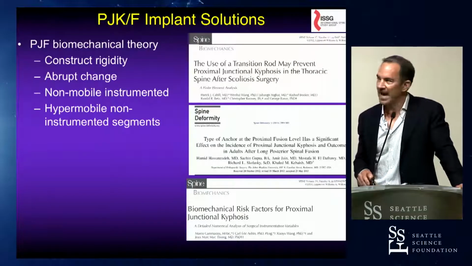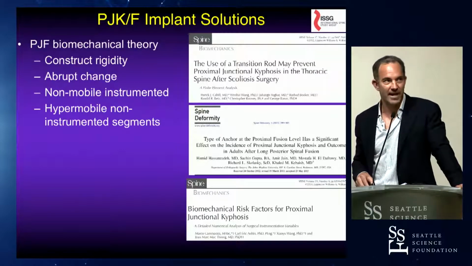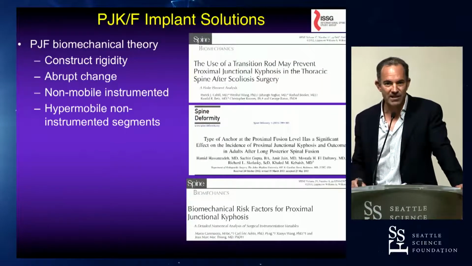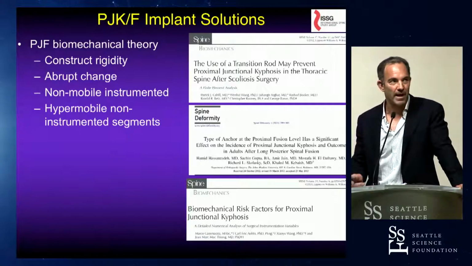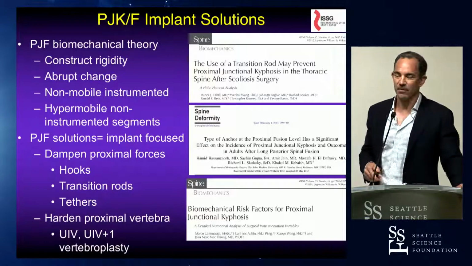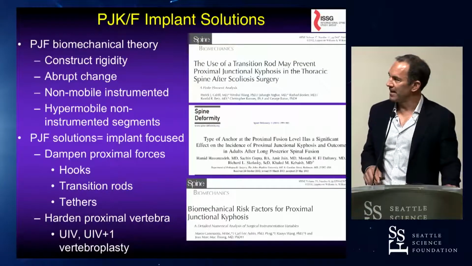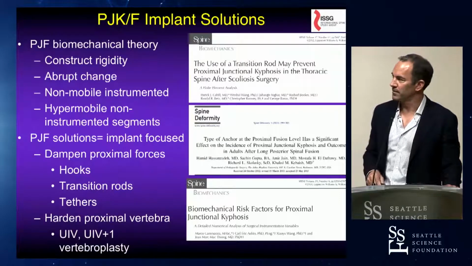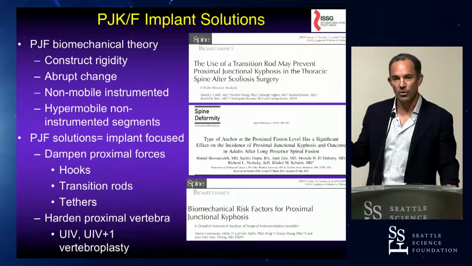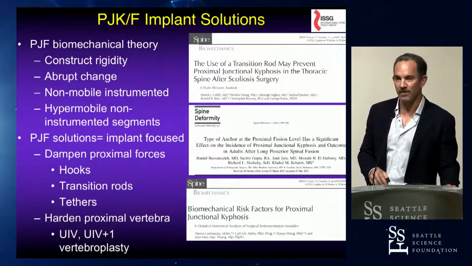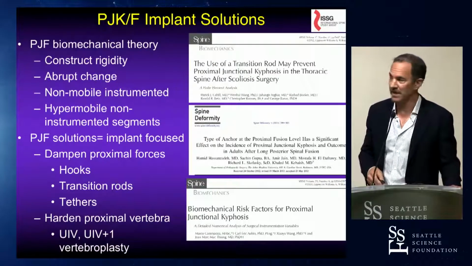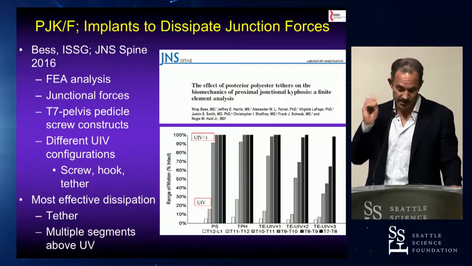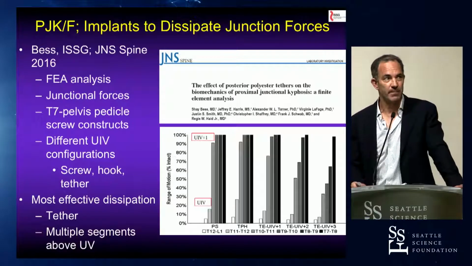And so if you look at the biomechanical theory behind PJF, right, it's construct rigidity, namely an abrupt change between the non-mobile instrumented segments and the hypermobile non-instrumented segments. And if you look then at the solutions, they've either been implant-focused to prevent and dampen the proximal forces, right, hooks, transition rods, and tethers, or to harden the proximal vertebrae, either the UIV or UIV plus 1 or UIV plus 2, even vertebroplasty. And we did two papers on this through the ISSG, both